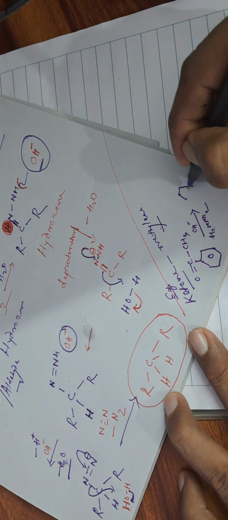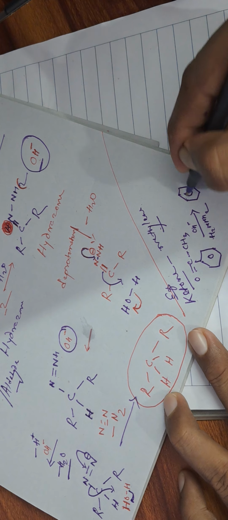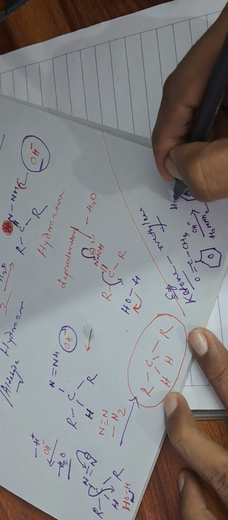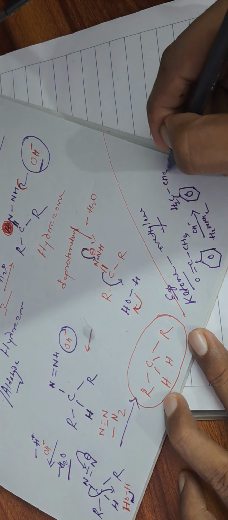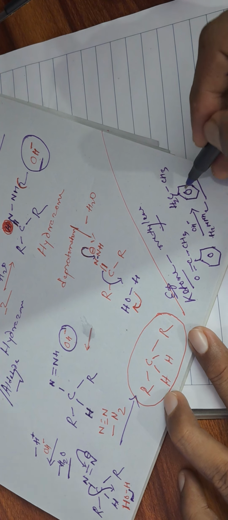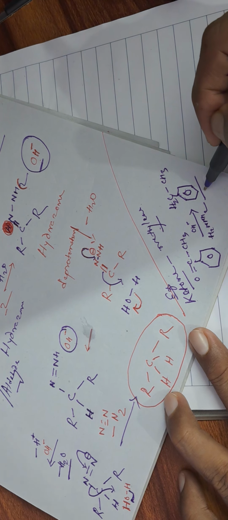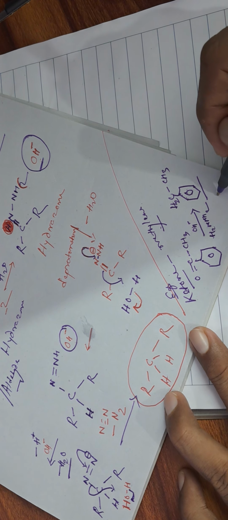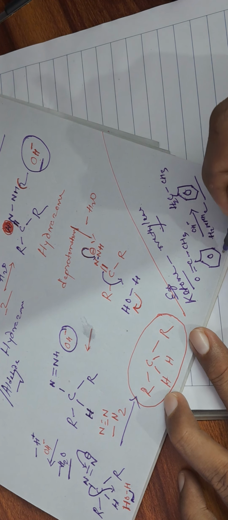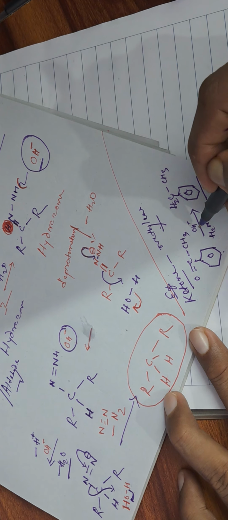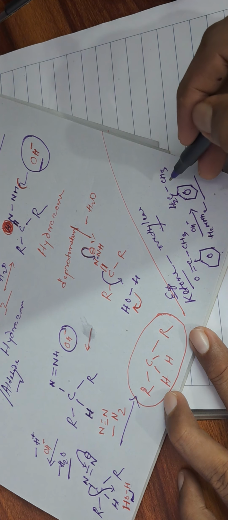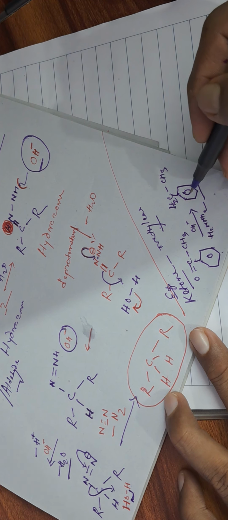What is expected over here? Now this will get formed. So C double bond O is getting converted to CH2 and finally CH3. Thus we are getting ethylbenzene, which is found to be the final product. So our starting material was acetophenone, in presence of hydrazine as well as base. This gets converted to ethylbenzene, right? So with that we are done with